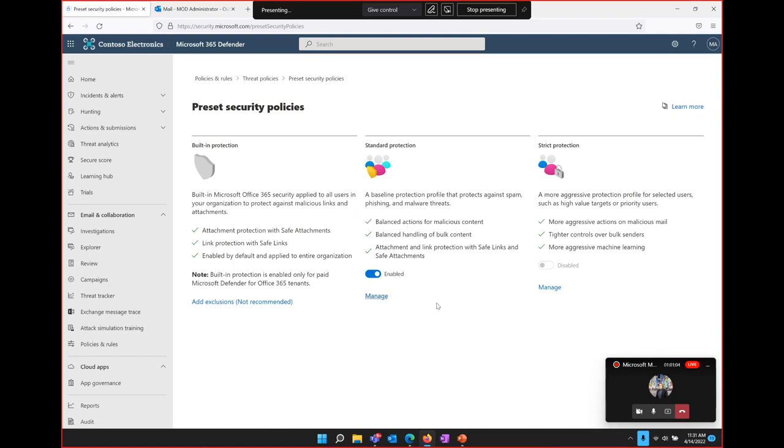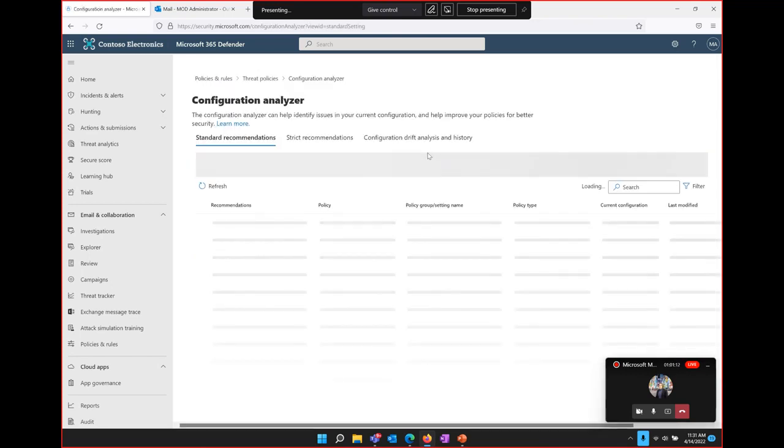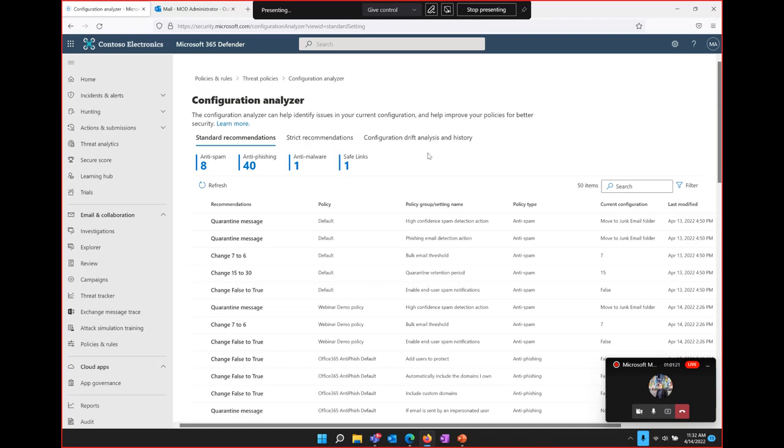So for this demo tenant, we've turned on standard protection. Let's go back to the threat policies. There is a relatively new feature called Configuration Analyzer. This allows you to compare your current policy settings to Microsoft baseline and recommendations, as well as track changes in